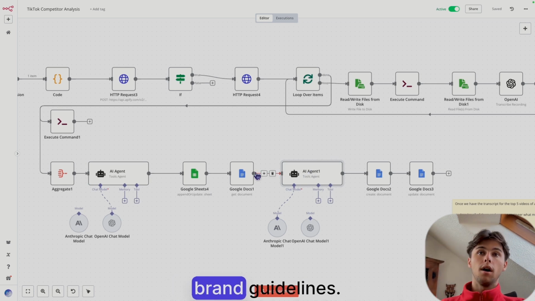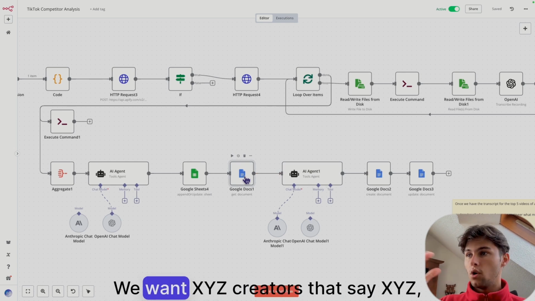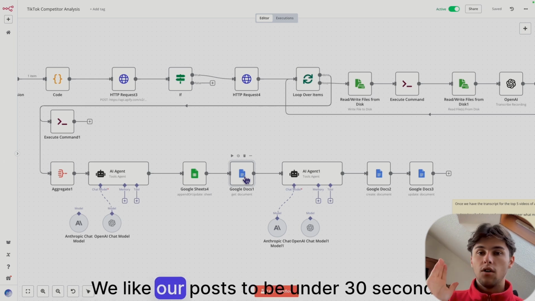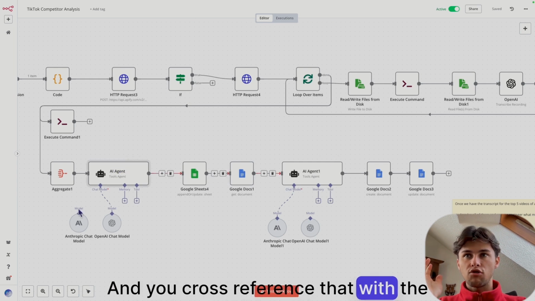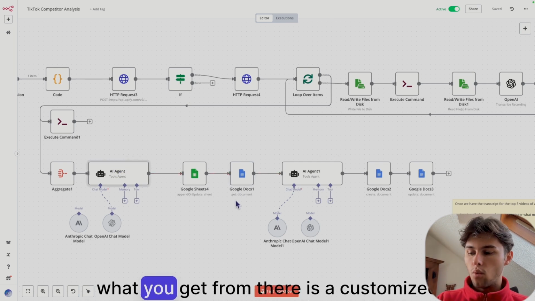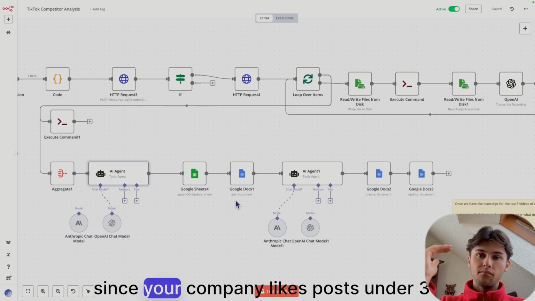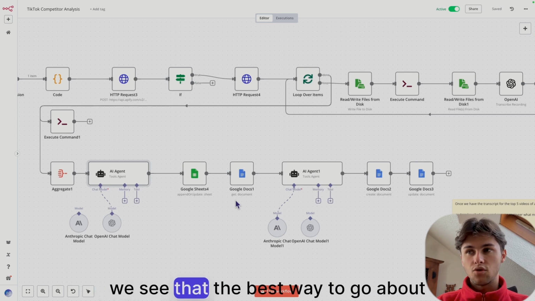your brand guidelines. So like, we like to have XYZ colors. We want XYZ creators that say XYZ things. We like our posts to be under 30 seconds long, stuff like that, right? And you cross-reference that with the analysis, and what you get from there is a customized game plan, right? So, okay, since your company likes posts under 30 seconds, based on the analysis, we see that the best way